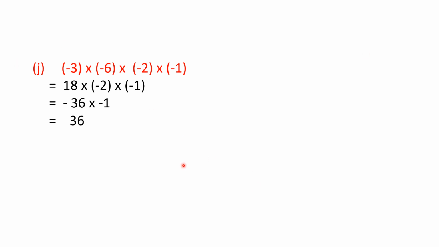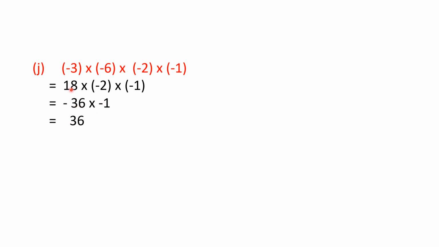So we have four numbers here. The four numbers are minus 3, minus 6, minus 2, minus 1. Same way we multiply. We first take the first two numbers. 3 into 6 is 18. Then we have minus minus plus, so plus 18, right? The next is minus 2 as it is, minus 1 as it is. Then we multiply the next two numbers again. 18 into minus 2 is minus 36, into minus 1. Minus 36 into minus 1 is 36. Minus minus is plus, right?